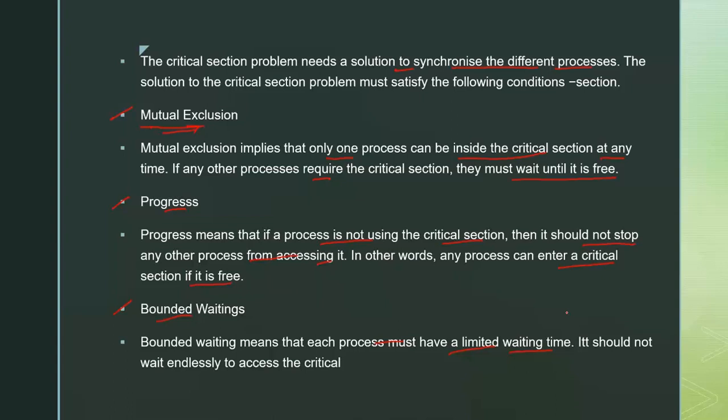Once it has passed, it should be allotted the critical section, so there is no endless wait. So that is the basic concept of synchronization, and the meaning of mutual exclusion, progress, and bounded wait.